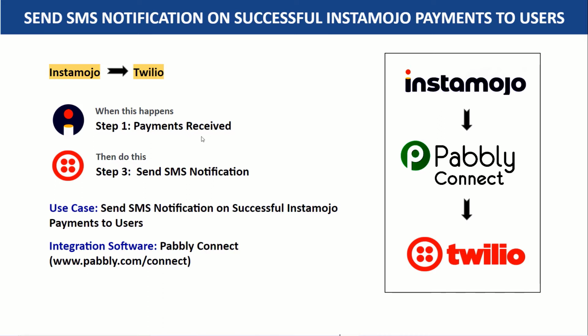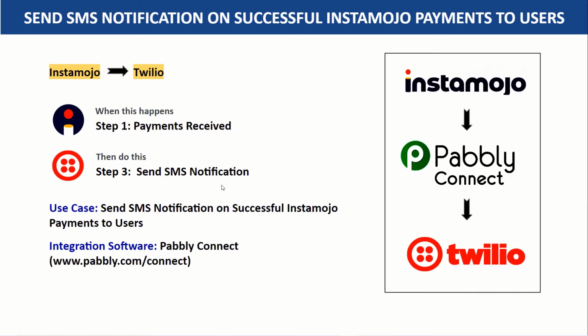While working with InstaMojo, it was quite difficult for me to manually copy all the details of the new payment made on InstaMojo and then send the details of the payment in the Twilio. And that was taking a lot of time. That is why now I want to bring some automation in between these two applications to avoid this manual process. So that whenever there's a new payment received on my InstaMojo, the SMS notification will be automatically sent from my Twilio account to the person making the payment.